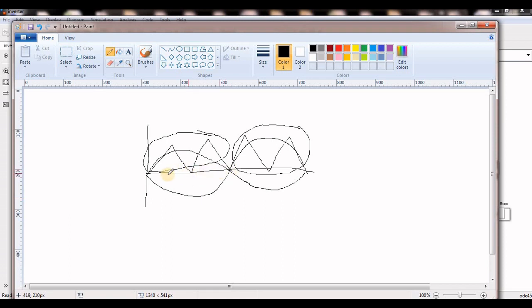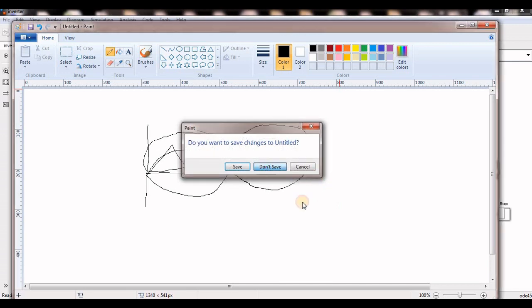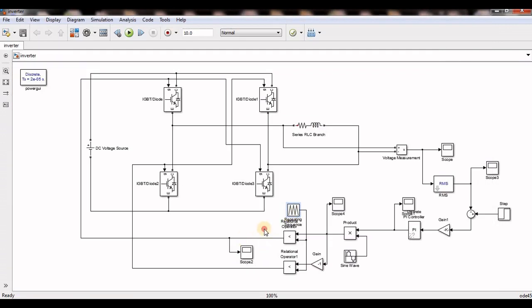the negative sine wave with the same triangular, because the pulse will be generated when the sine wave is more than the triangular. So from 0 to 180 degrees the positive sine wave will be more than the triangular, then only I can get the pulses. So based on this technique I can generate two different pulses. One pulse from 0 to 180 degrees, another from 180 to 360. So the 0 to 180 degrees pulses I am giving to these two switches, and from 180 to 360 degrees I am giving to these two switches.